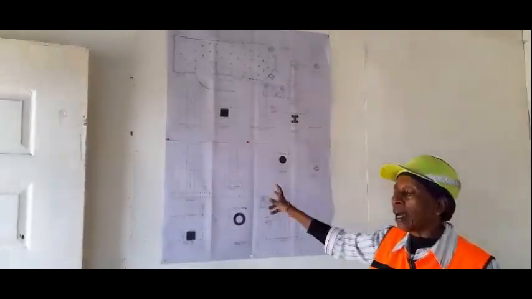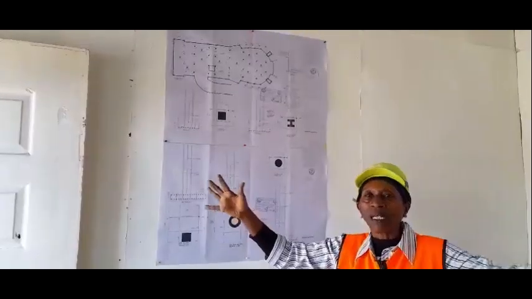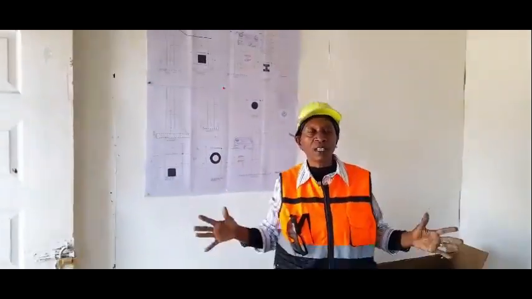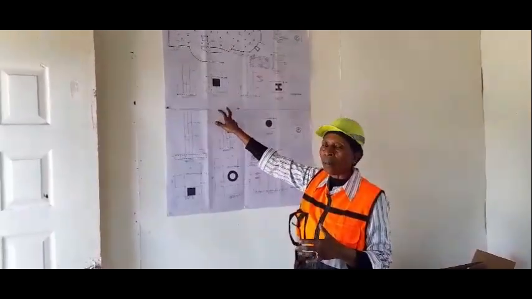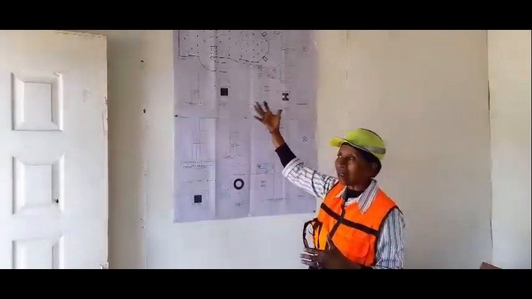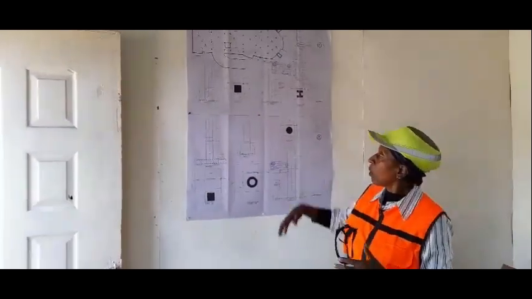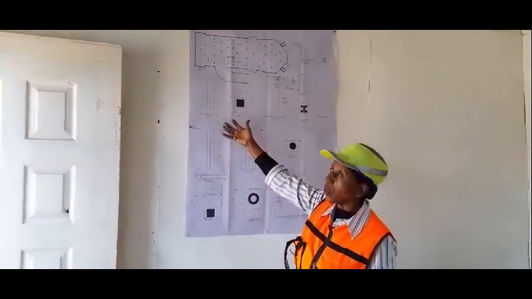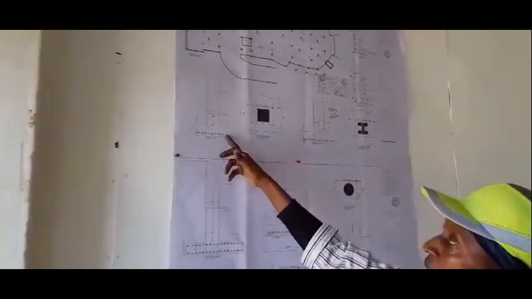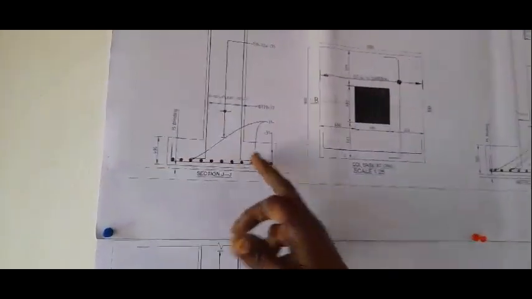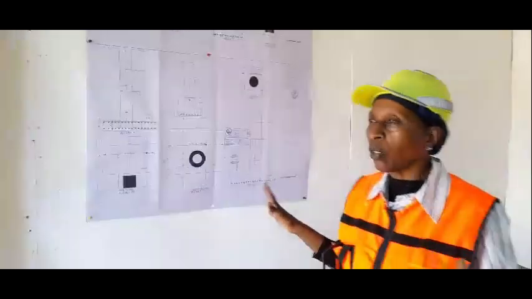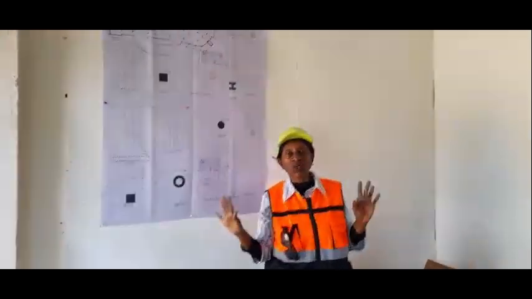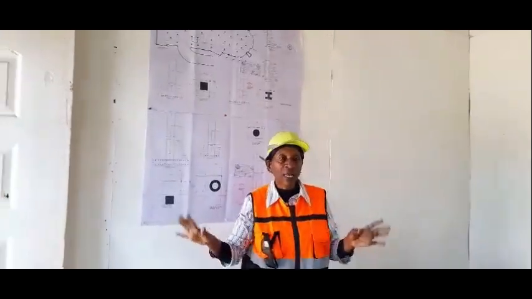But when you come to the drawing, you cannot have a drawing that is as big as real life. That's why you scale it down, and there are certain scales which allow you to see clearly what is expected. When I look at the plan and the sections, I'll be able to tell this is a reinforcement bar, and what you see as a round shows the bars are going into the third dimension. So the drawing is a direct interpretation of what the structural engineer designed, and is taking it to